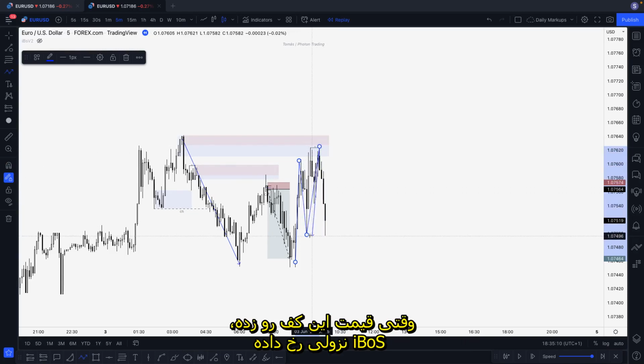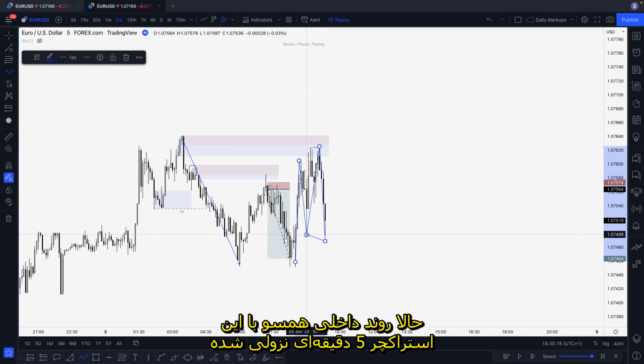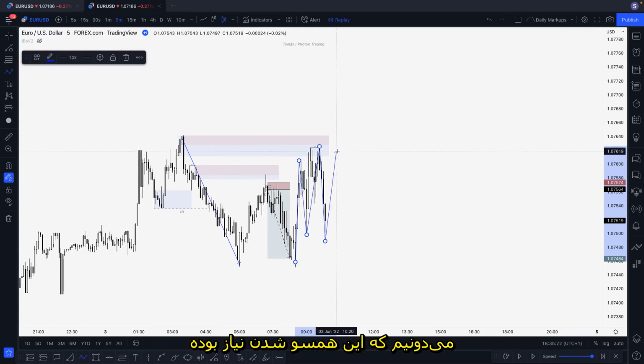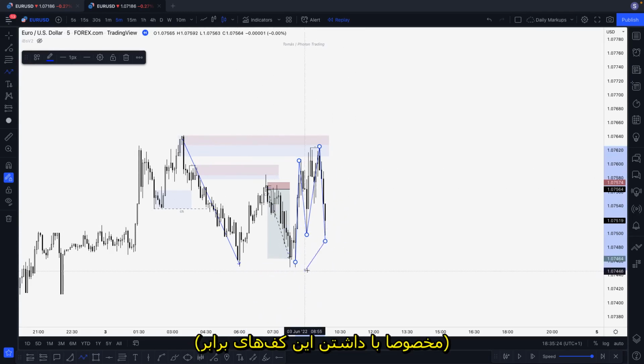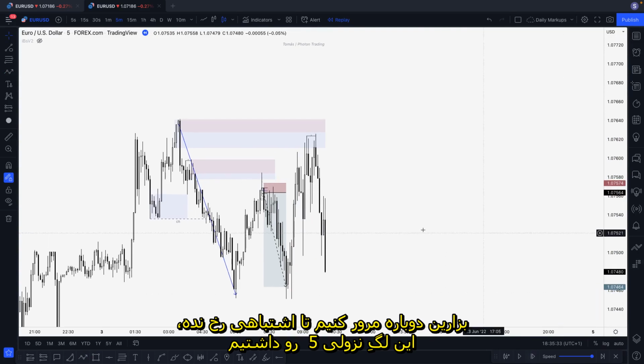So when price breaks below here, we have an internal BOS bearish. What does that mean? We have an internal BOS bearish in line with this M5 bearish structure. What do we know about that? We know that now we have the alignment needed, and this low, especially with these equal lows, will get run. I will repeat myself just to make it clear.